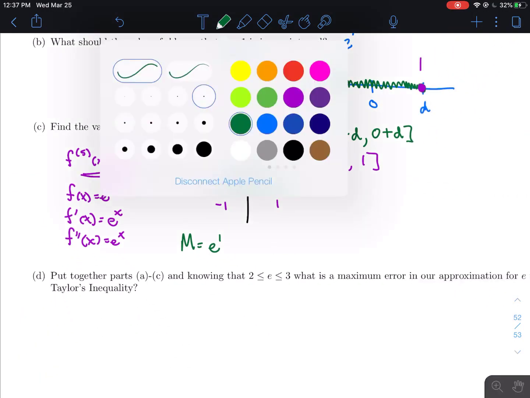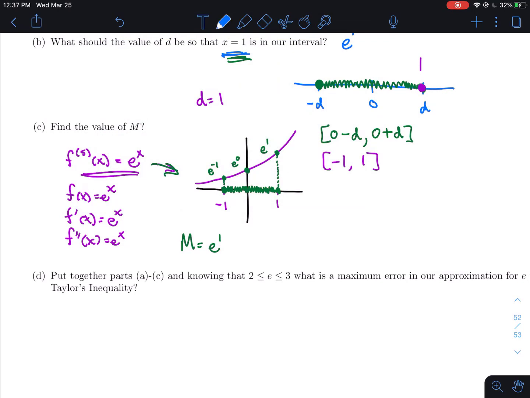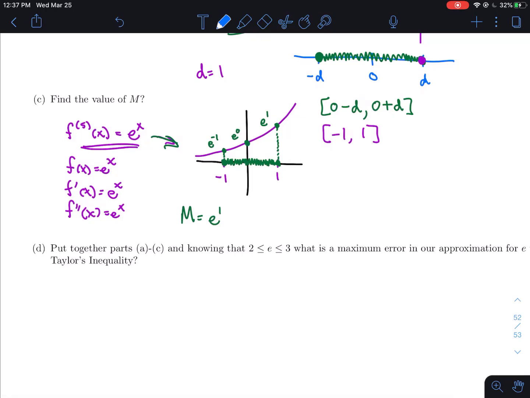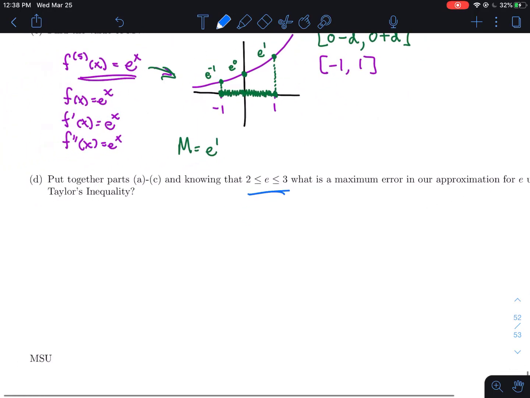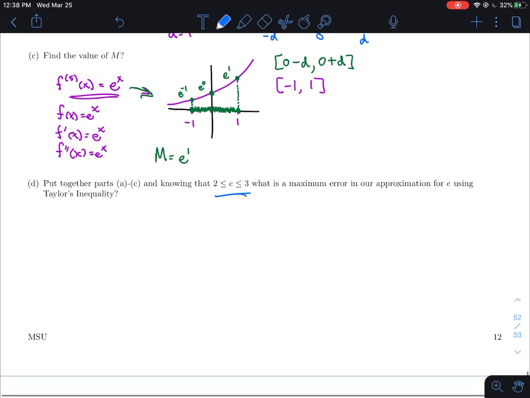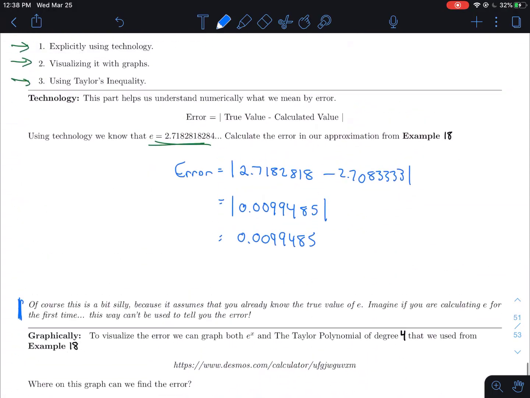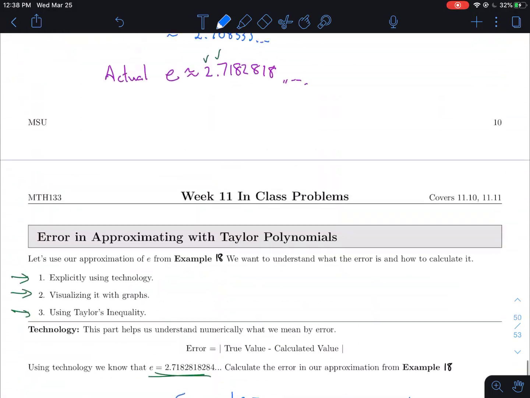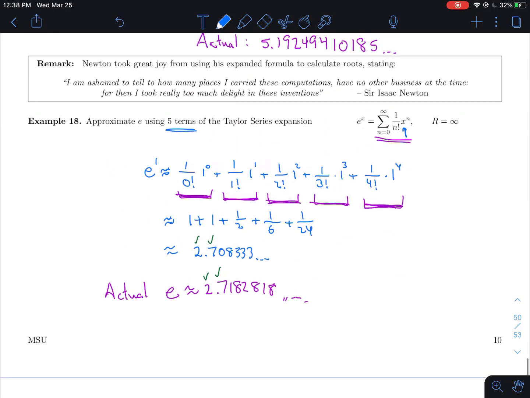All right, and with that, we now have all of the pieces that we need. We have the M value, we have n, we have d, all this sort of stuff. We're going to put it all together, and we're just going to use the fact that we know relatively little about e. We only know that it's between 2 and 3, and we're going to come up with what the maximum error is for e to the first power. According to this, we already did our approximation. Again, that was way back here. So our actual approximation was this